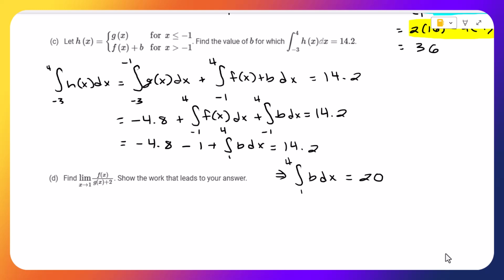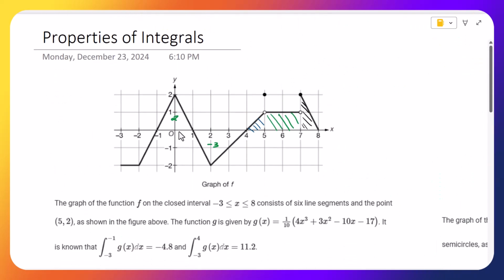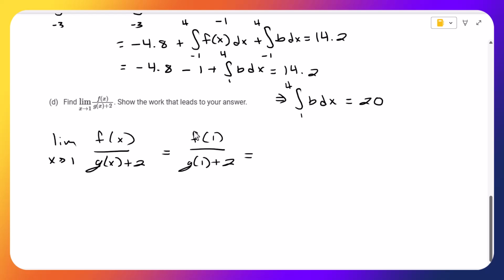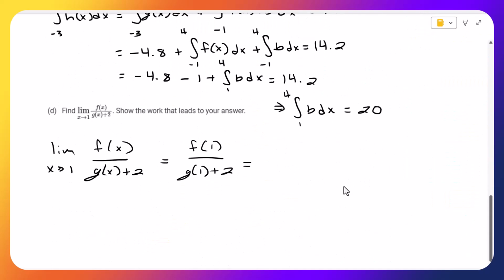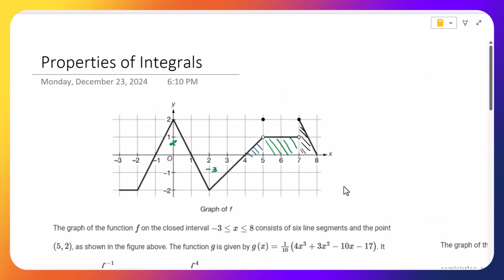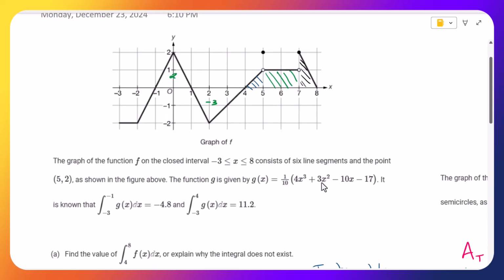What is f of 1? F of 1, scrolling up, is 0. And I have a sneaking suspicion where this is going. 0 divided by, and then g of 1. Well, g is this function here, g of 1. So this is going to be 4 plus 3. That's 7. Is it g of 1 or negative 1? Yeah, it's g of 1. Okay. 7